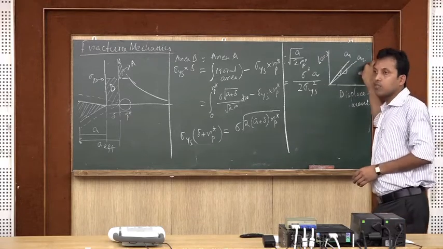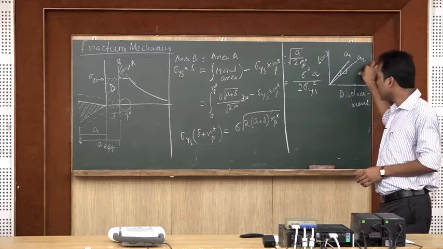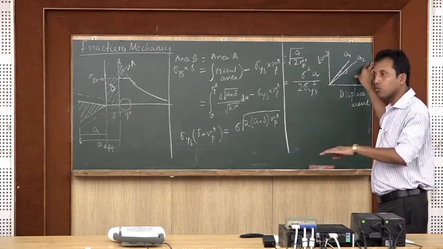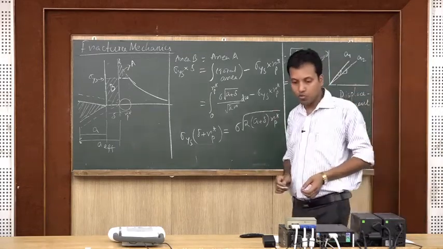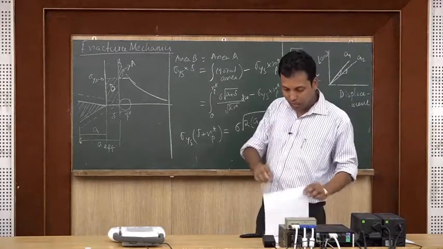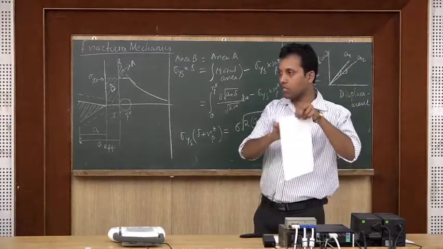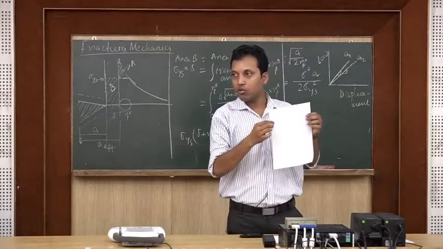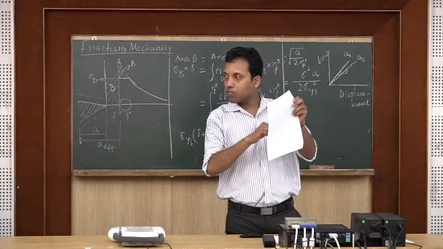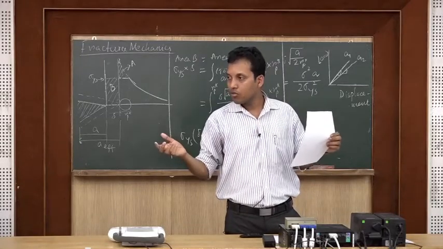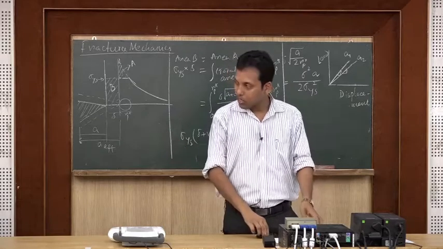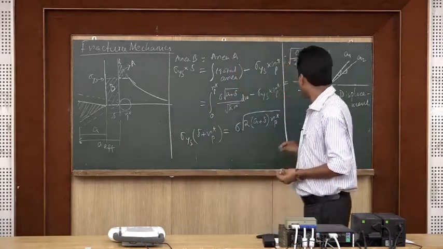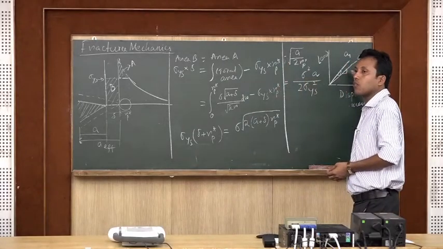Okay. If the crack length is higher, the stiffness is low. Very simple: if I have a crack of small length, it will take a certain load. If the crack is bigger, then it will take less load to fracture. That is why, if you have a bigger crack length, you will have lower stiffness.